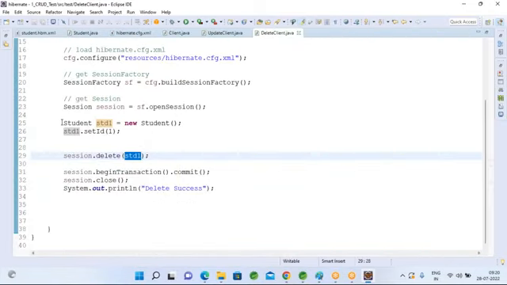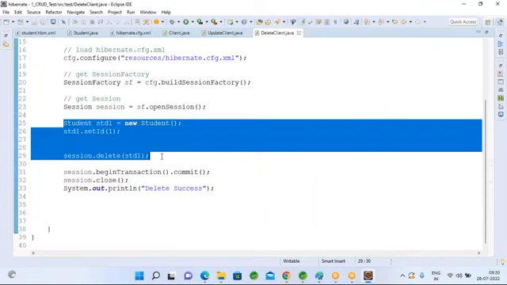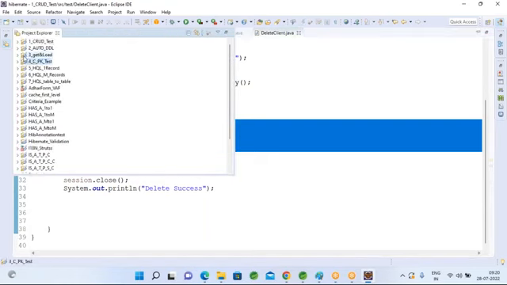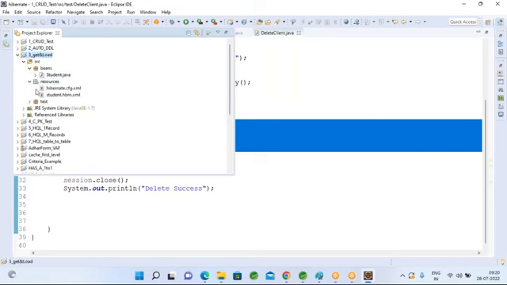Okay, see how simple it is. Just creating a bean and calling the save method or update method or delete method. For doing select operations also it is simple. We use the simple get method for doing select operations. Okay, so if you want to select data,